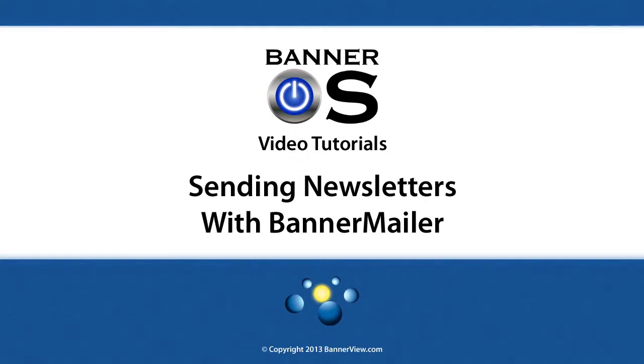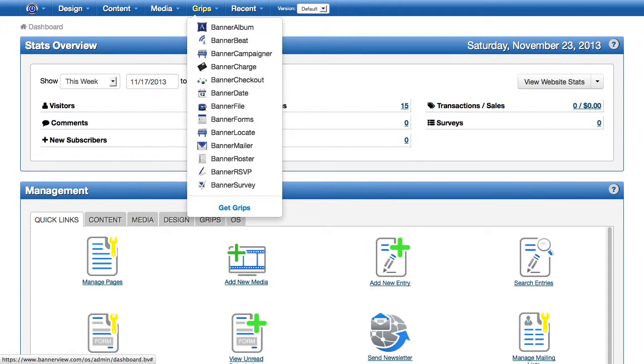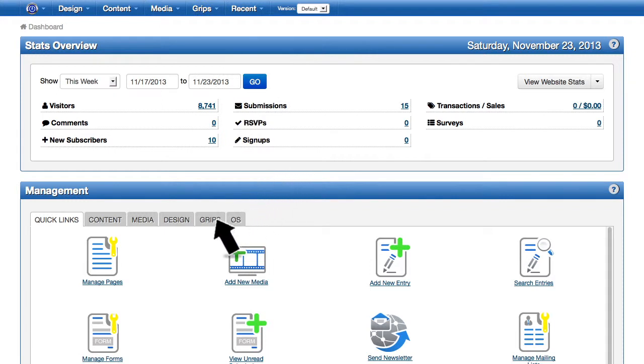In this video, we'll show you how to send a newsletter with BannerMailer. We'll begin from the main BannerOS dashboard. Click the Grips menu in the top navigation and choose BannerMailer, or click the Grips tab below and click the